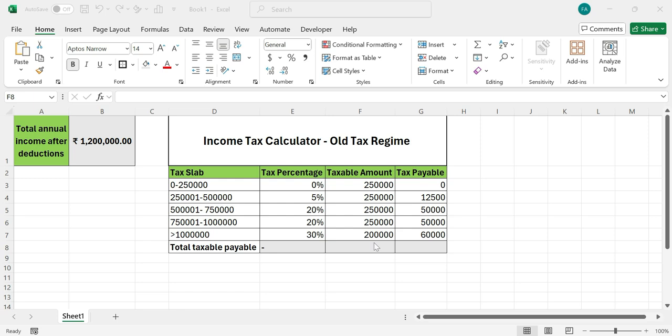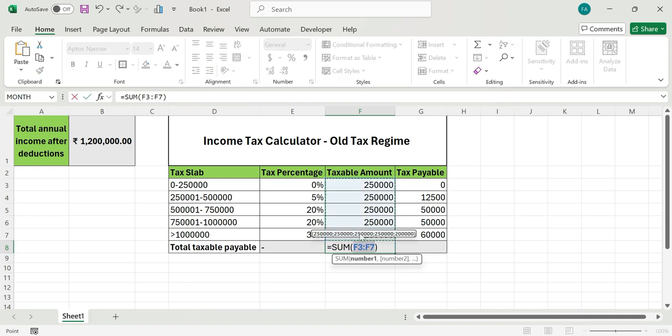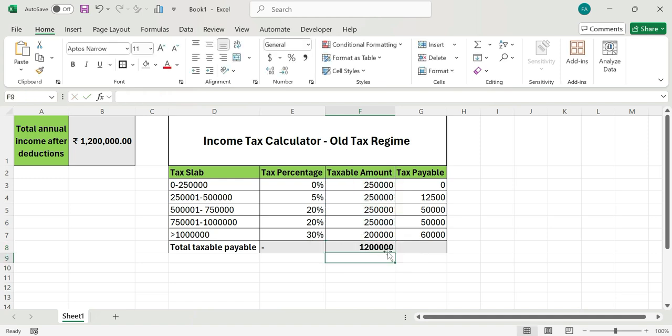Now let's find the total taxable amount by finding the sum of all these numbers, which ideally should match with our total annual income after deductions. So for that purpose, let's use either the sum function or the shortcut Alt plus equal to, and find the sum of all these 5 cells. Hit enter. Let's see if it matches. Yes, it's 12 lakhs, and so is our total annual income after deductions. Now I'm just going to drag this formula towards the right to find the total tax payable. So if your total annual income after deductions is 12 lakhs, you would be paying a tax of rupees